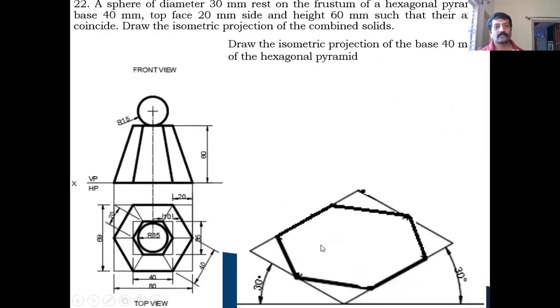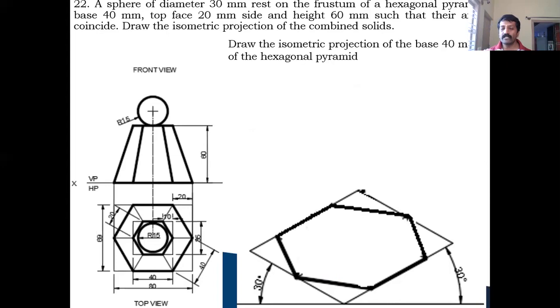Next, in this also I tried one more example. Here we are using the frustum of a hexagonal pyramid. Here the only challenge is to complete the hexagon, the frustum of a hexagonal pyramid. And for the sphere, you just have to take the height of the sphere, that is the radius of the sphere, and draw a circle, right? So in this combination, what is given is a sphere of diameter 30 millimeter placed on the top of a hexagonal pyramid, base 40 millimeter and top face 20 millimeter and height 60